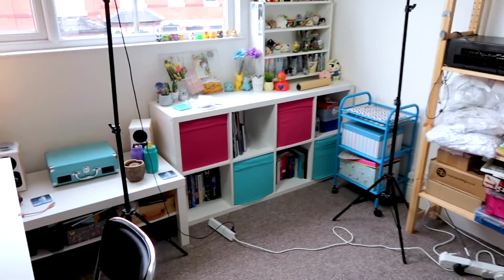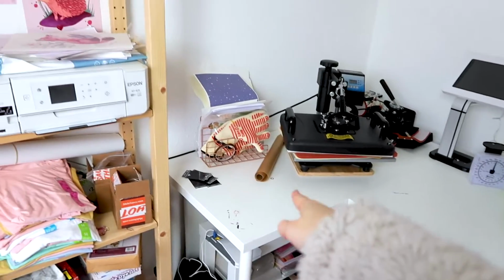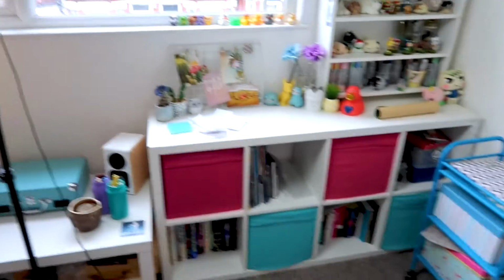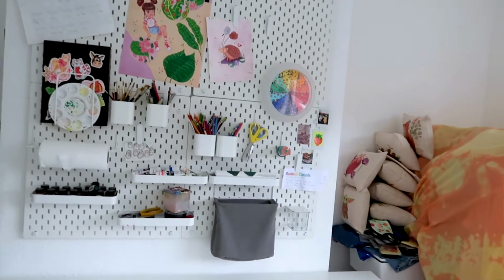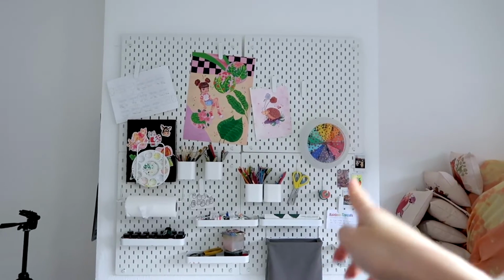This is what you see when you first walk into my studio. As you can see, I've got 2 big desks here and then a third smaller desk over there. I've got my shelf unit there, a poster that does not want to stay up, my Kallax blocks, coffee table, and then you've got all my denim jackets and products, and then you've got my giant pin board on the wall here. So I think I'm going to start on this side of the room and show you guys my